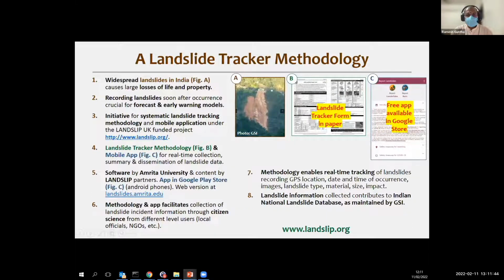So in India, there are a lot of widespread landslide occurrences, especially during the monsoon season. And recording the landslide right after it occurs is very critical to gather data accurately and also help in relief operations. So the initiative for systematic landslide tracking methodology and corresponding mobile application was funded and carried out under the LANDSLIP project. A snapshot of the methodology can be seen in figure B, and figure